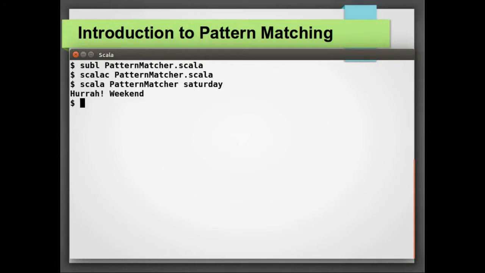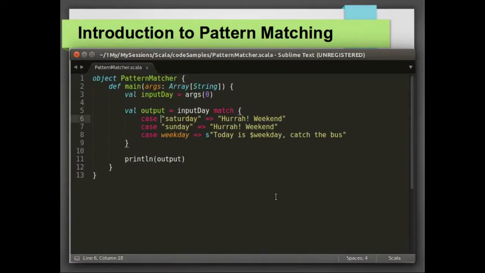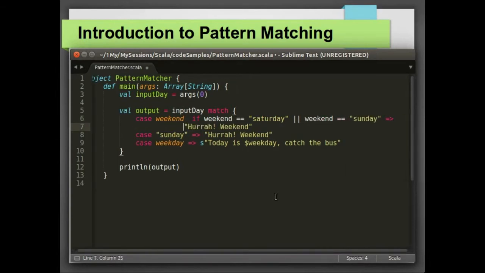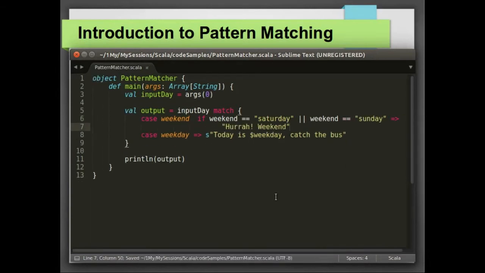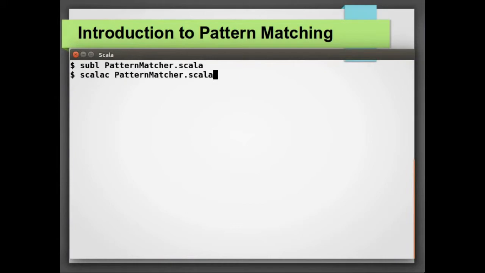Now let us modify our example to use pattern guards. The idea is similar to the OR expression, but we will be using an if statement to guard the case clause. Let us compile the program once again, and we can see the same output.